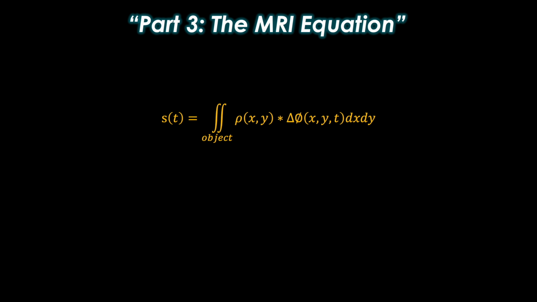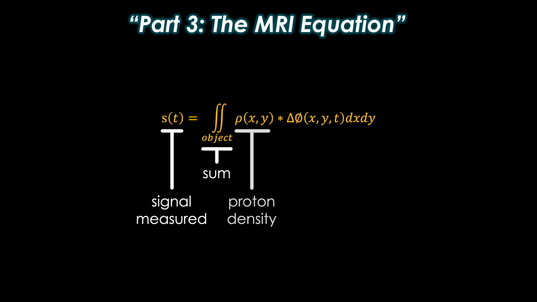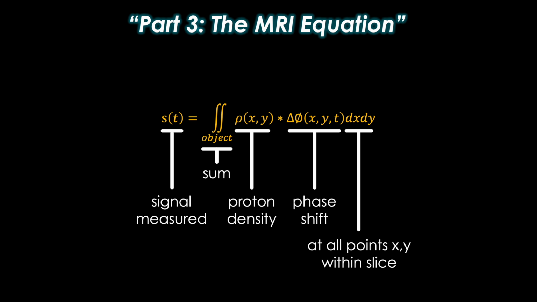On the last lecture, we derived this complicated looking formula which shows that S of t, the signal measured over time, equals the sum of these two products: the proton density throughout the slice we wish to image times the amount of phase shift we induce within the slice using our x and y gradient fields, integrated at all points x and y within the slice. By performing some more math,